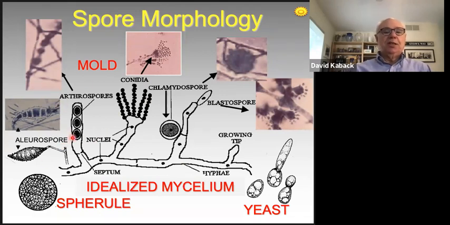But essentially, these spores are called aleurospores because they resemble the aleurone of a wheat, according to whoever named them. These are called arthrospores because they look like the joints of an insect, or like an arthropod. Okay, and as a result, they're called arthrospores, jointed spores, and they grow within the hyphae shown here.